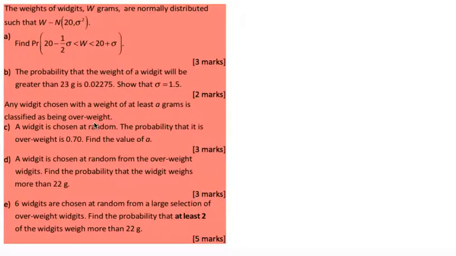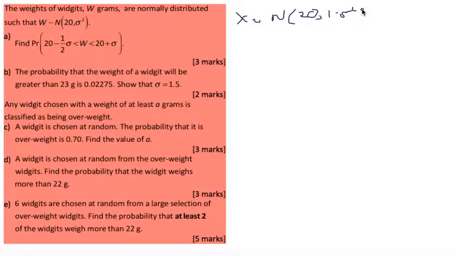I've already done parts 1 A and B, and I'm going to do C, D and E, which are quite long sections and are going to involve quite a few marks, and we're definitely going to need the graphic calculator. So I've already established that I've got a normal distribution, mean is 20,